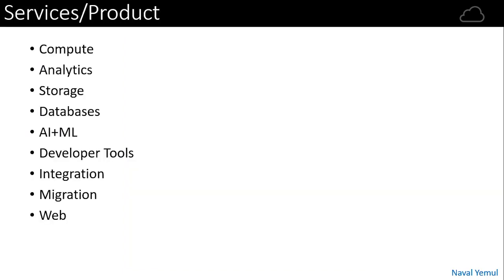Let us look at what services and products cloud providers provide us. There are different services like compute, analytics, and storage. Everyone is familiar with storage, so we always think cloud can give us only storage. Not only storage, these are all the services that cloud provides us. You can set up a database in your cloud. If you have any workload related to AI and ML, artificial intelligence and machine learning, you can set up services in your cloud using these.